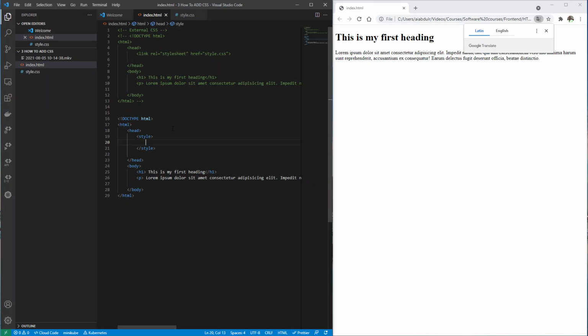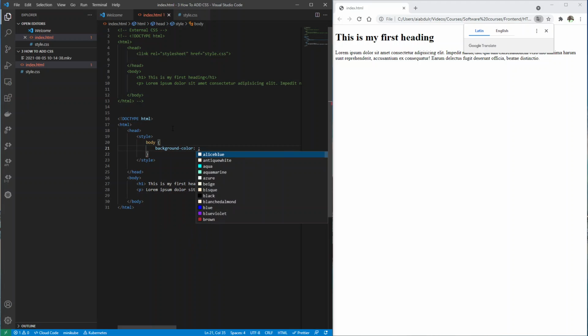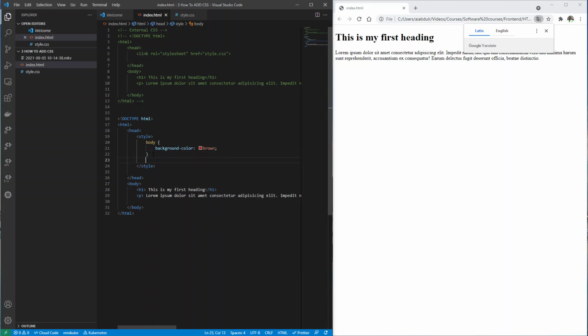So first, I'm gonna style the body again. I'm gonna have my body, my curly braces, and then I'm gonna put in background color. This time I'm gonna put in brown, right? And then my H1,